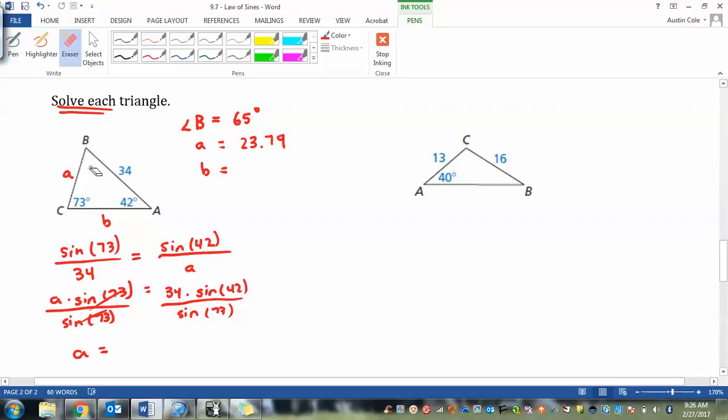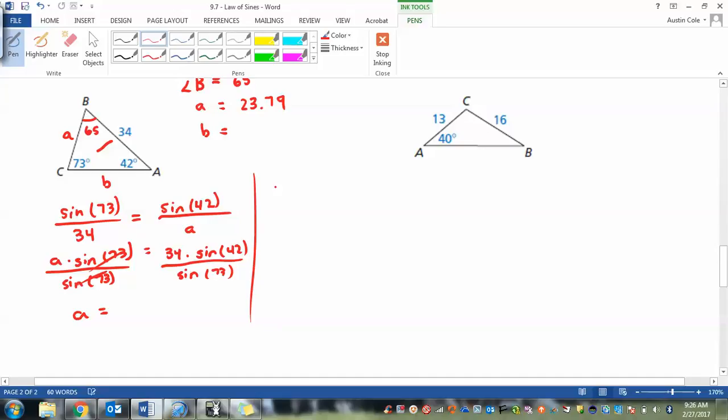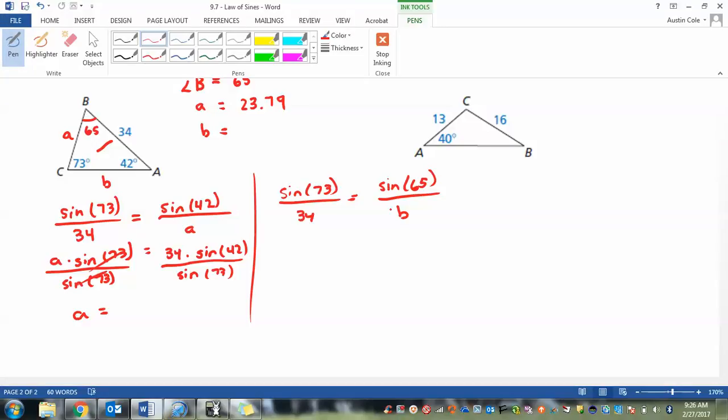Okay, and now to find side B. Again, I'm going to use those two, and this is 65 degrees. So now, if I scroll down a little bit, I can do sine of 73 divided by 34 again, and that's going to equal sine of 65 over B. Cross multiplying that thing. Go. When you cross multiply, do you guys get 32.22? We're going to skip